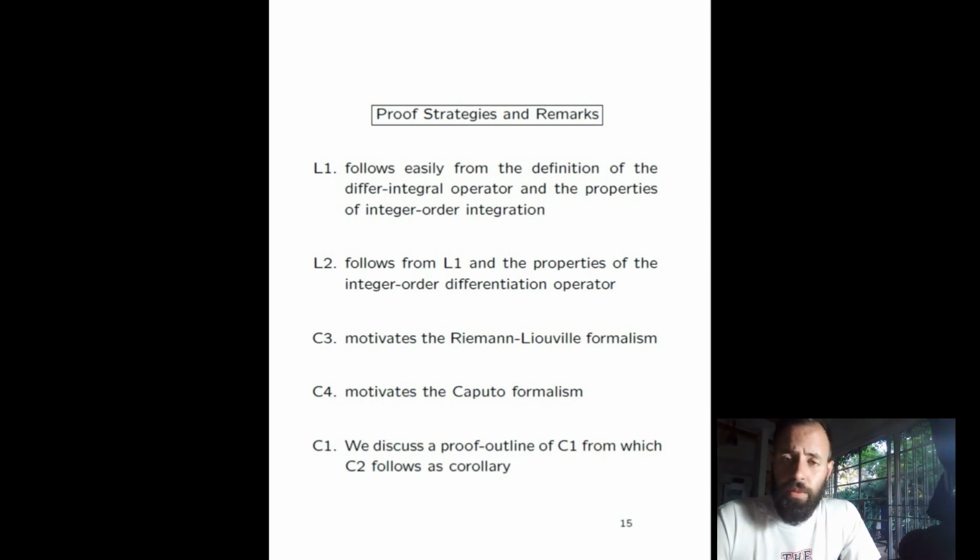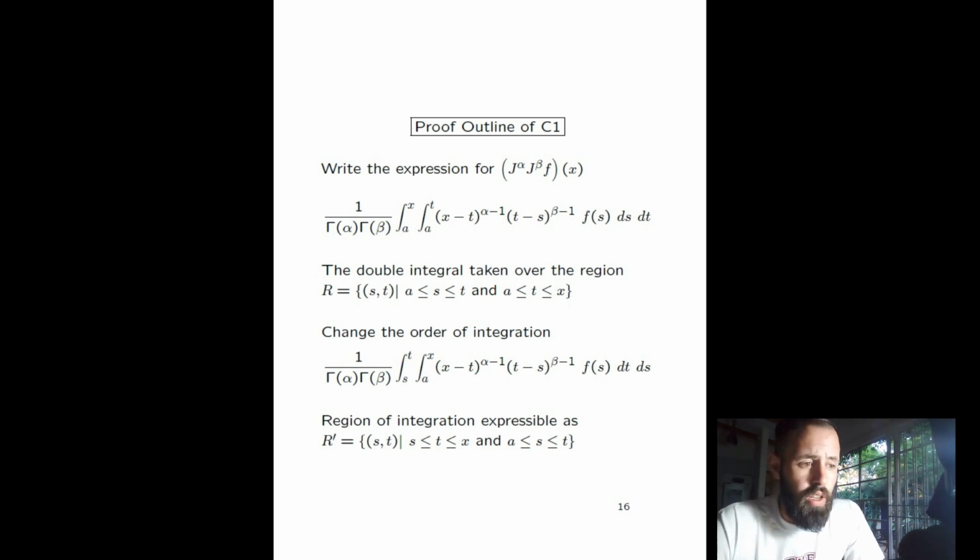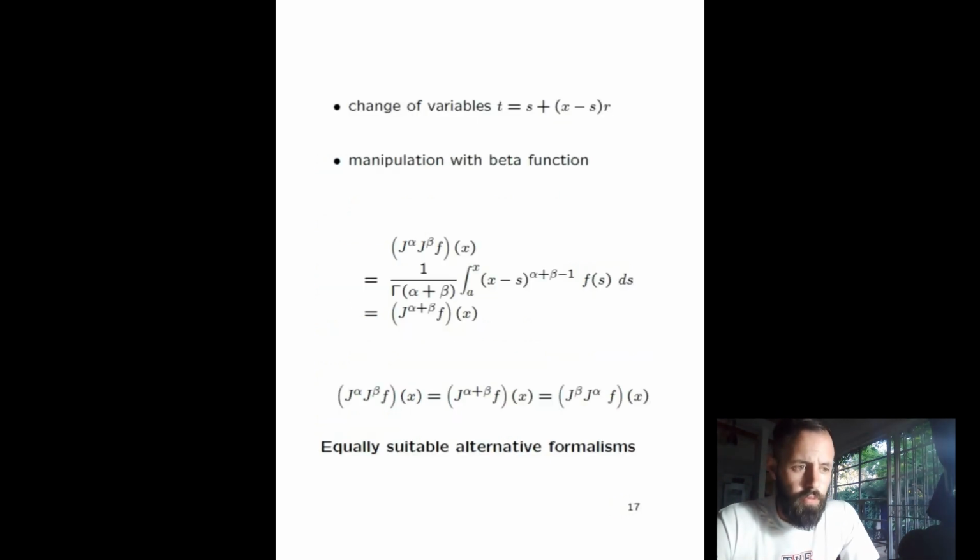Okay, and so we discussed the proof outline for C1, which is the integral to alpha and integral to the beta. If we compose these results, we could write them using the definition of the Riemann-Liouville formalism. We get the double integral. Okay, and then we integrate over the region R, expressed as this set. So if we change the order of integration, this set can be transformed into R prime here. Okay, and so if we make the change of variables and manipulation of the beta function, a couple of steps almost immediately produce the desired result,